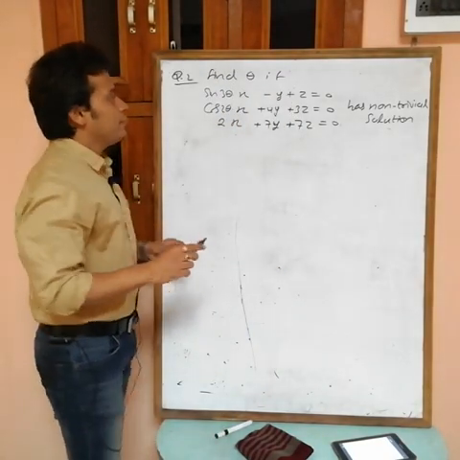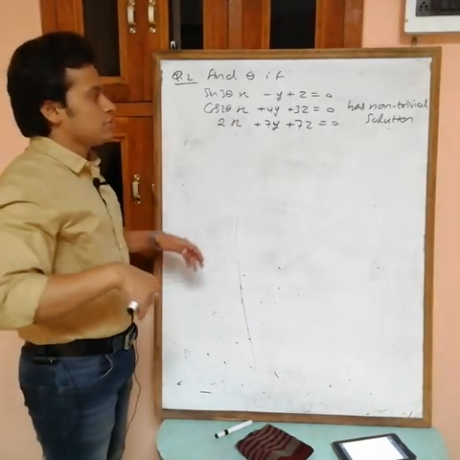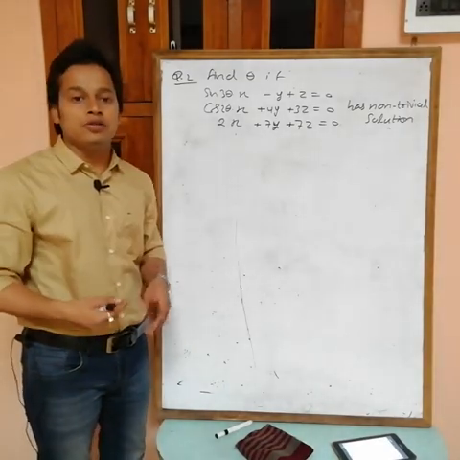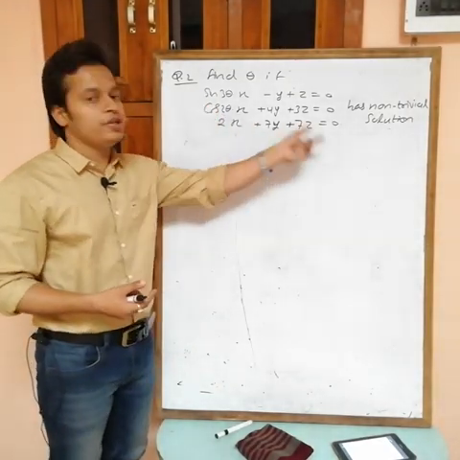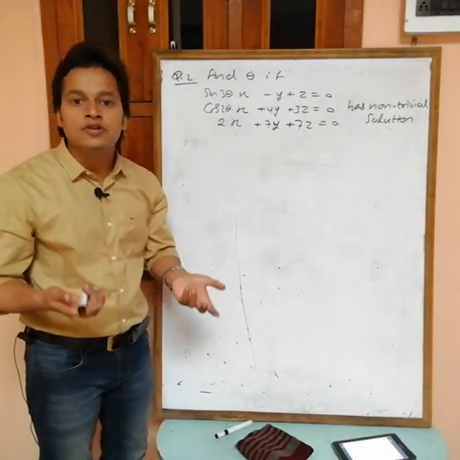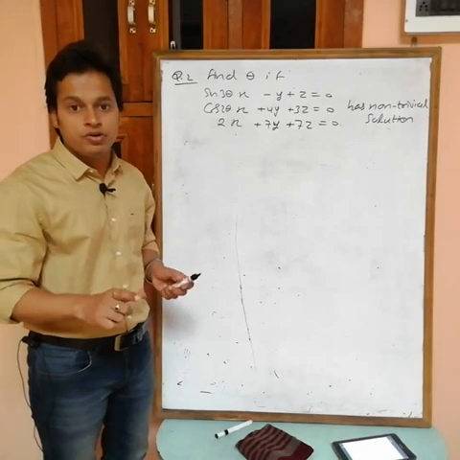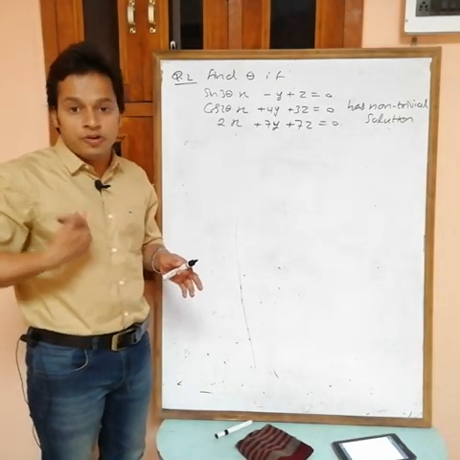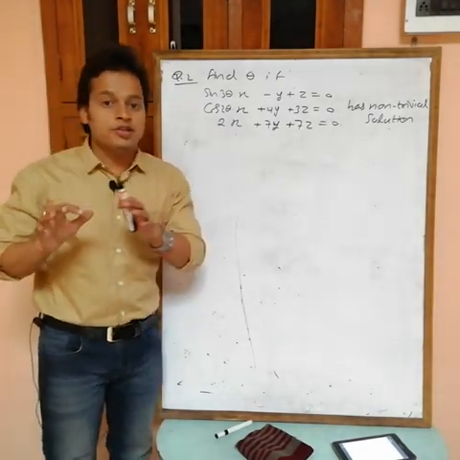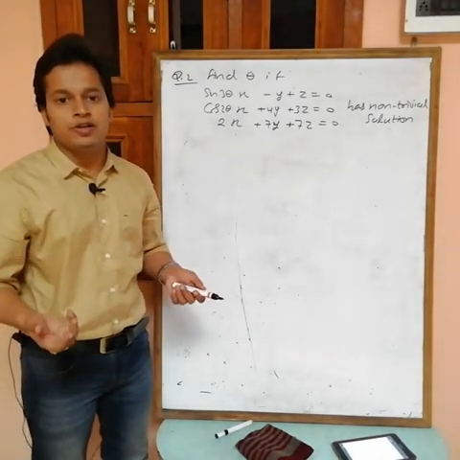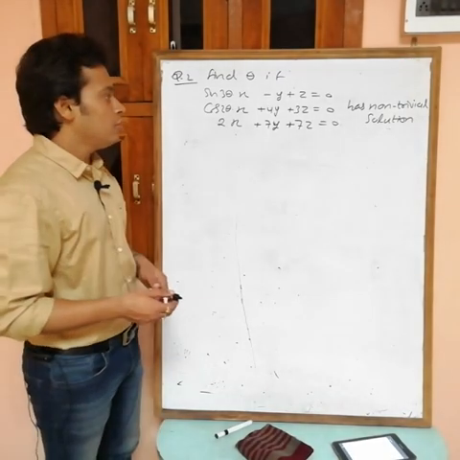Okay, now what do you want? Find the value of theta if this system of equation has non-trivial solution. Now, what is the condition for non-trivial solution in case of homogeneous system of equation? Del equals to 0. Because if del is not equals to 0, then we have unique solution, and in case of homogeneous system of equation, if there is unique solution, then we have only trivial solution, because del 1, del 2, del 3 is equals to 0.